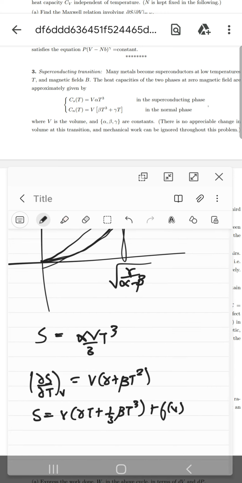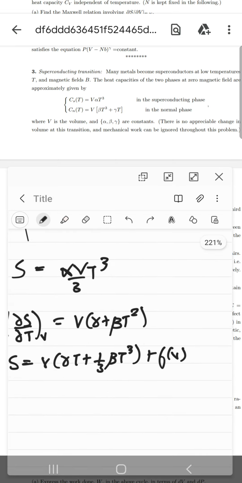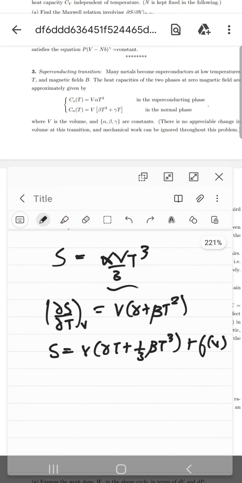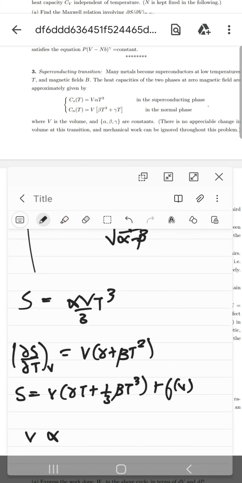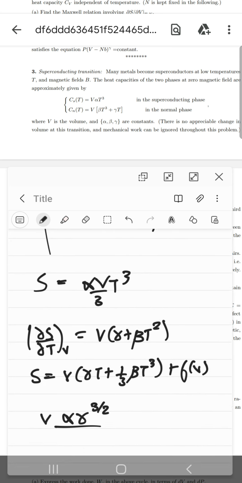So you know that at temperature equal to this quantity, both of these functions should become identical, right? Okay, put that as the case. Just put temperature as gamma upon square root of alpha, so square root of gamma upon alpha minus beta. So over here you just have some constant, but what is that constant? Just v times, sorry, volume times some constant. So just gamma power 3 by 2 upon